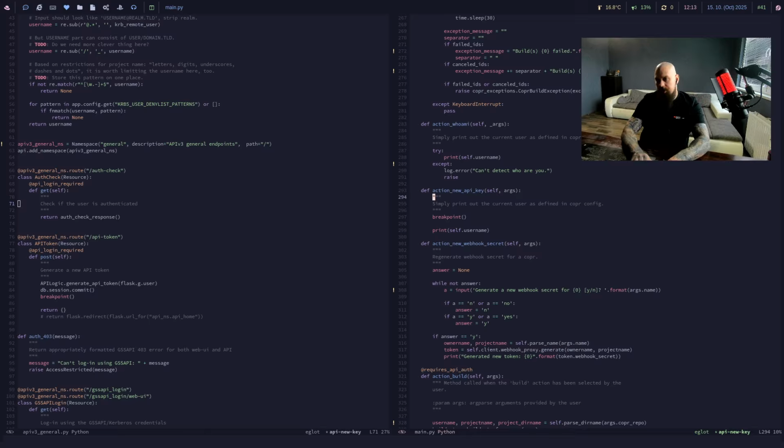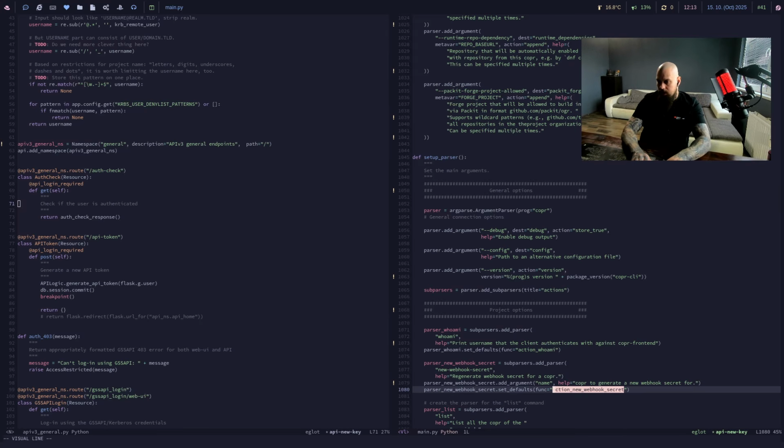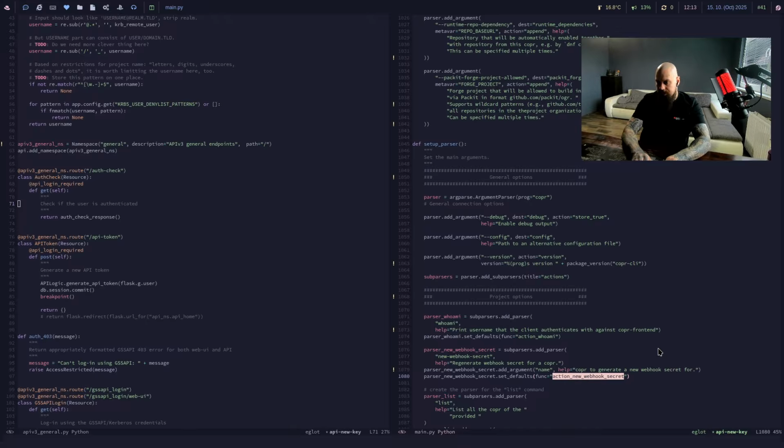Now this is not good enough to define the function. We need to call it from somewhere. So where is, for example, this action called? Like here. It's not called, but you can see it defines the function that should be called. So we should do something similar. I think we can maybe copy this, put it right above,